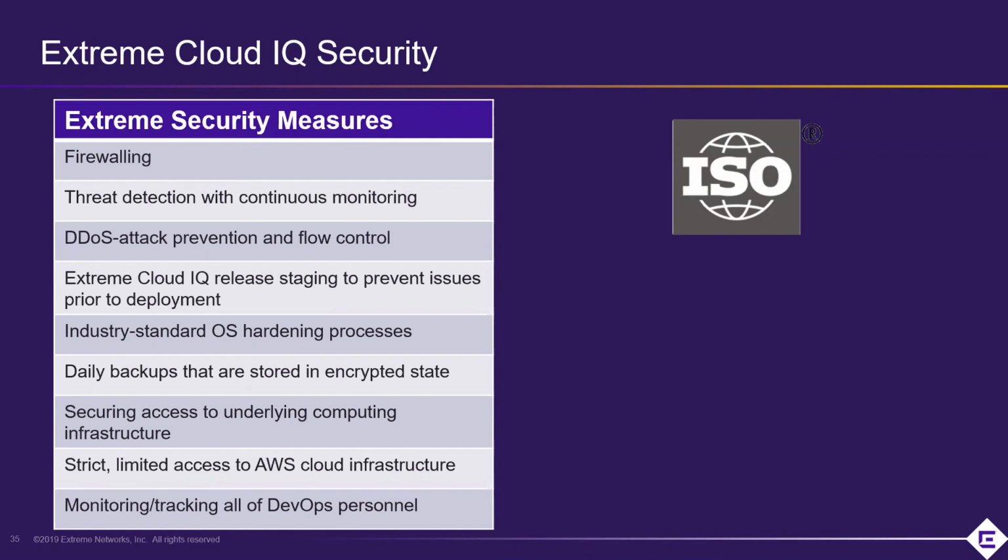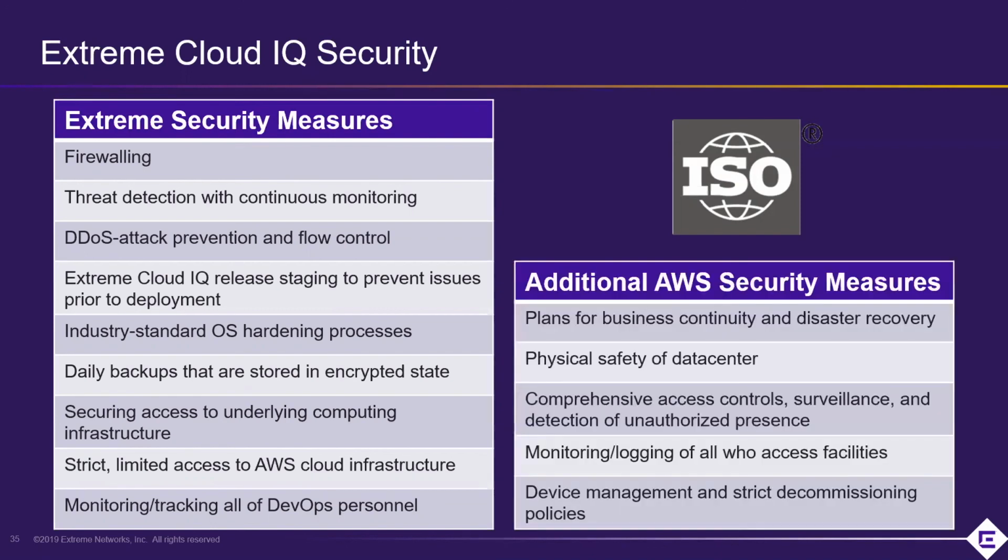Now, I do want to emphasize that we are the only networking cloud vendor that actually is truly ISO certified. Many are struggling to attain it, but we have attained it. We are also third generation, moving to fourth, whereas most vendors are in second generation trying to struggle to third. And then, of course, the additional AWS security measures as well provide a fairly comprehensive security footprint in the cloud extension for Extreme Networks.